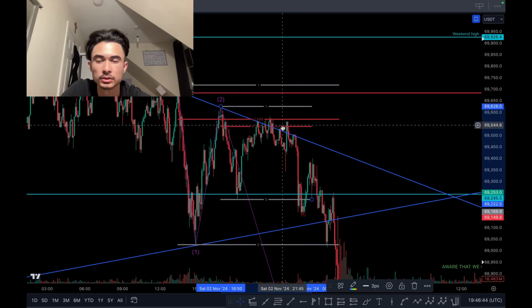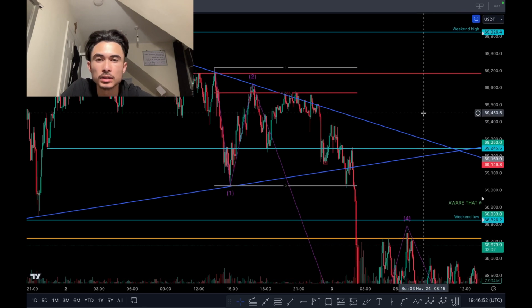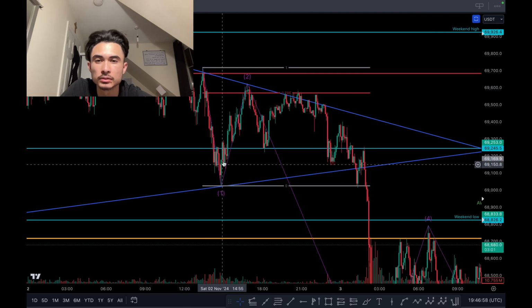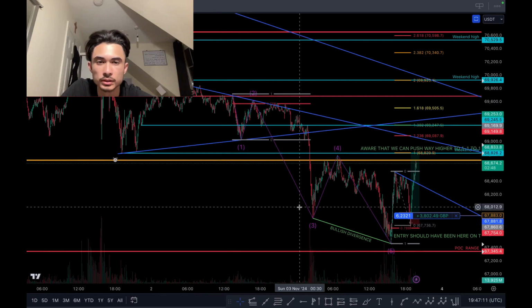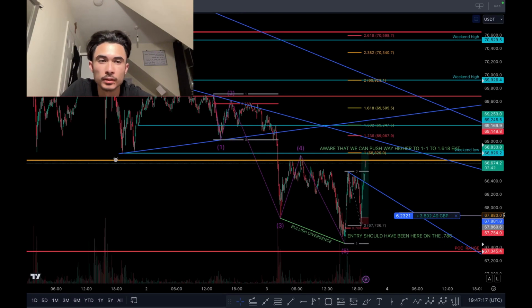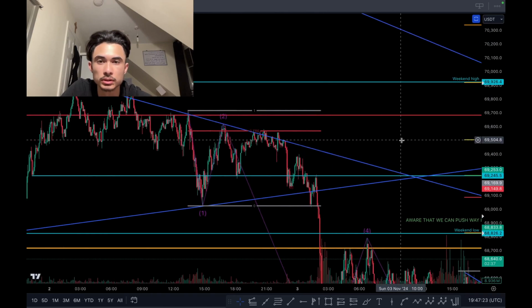Double 786 resistance on the 5-minute time frame. You can see your 786 strategy in reverse with the first impulse down, second wave. As you can see, the third wave being the largest wave. So we've got the 1, 2, 3, breaking out of the support consolidation pattern. The best entry would have been on that 786 retracement, as you can see.